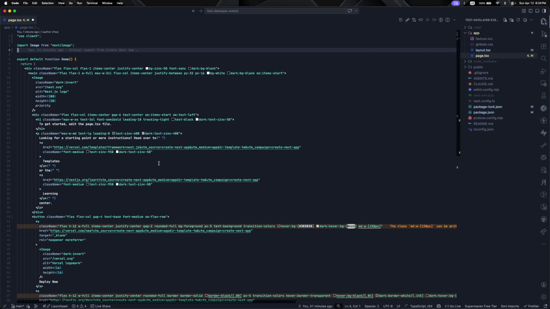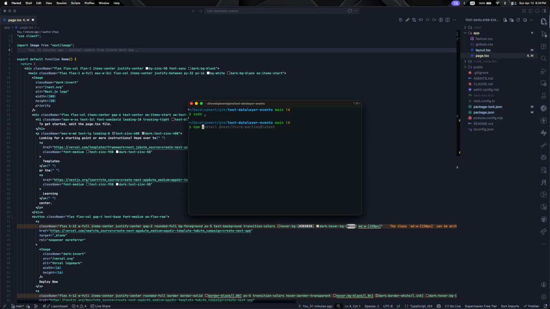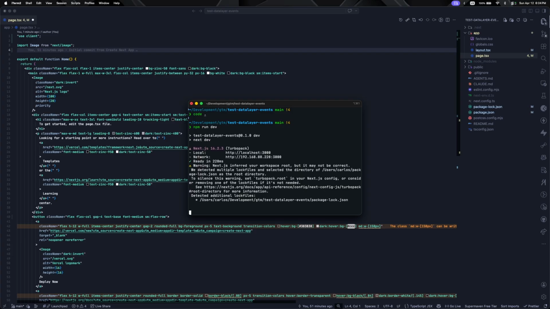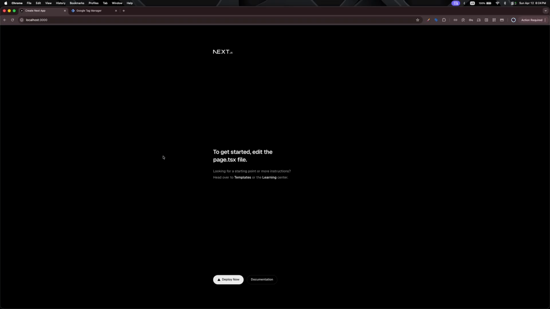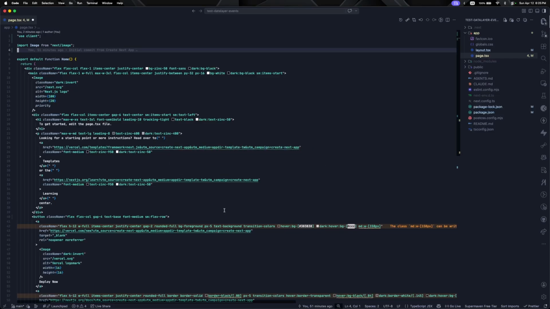All right, so we have two buttons that we can consider as conversions. So here, for example, if I turn on the server, we have deploy now and documentation. So maybe we want to track the deploy now button, as maybe we consider it a conversion, an important action for us. So we can set up an event for this button. And now we can do that by importing the